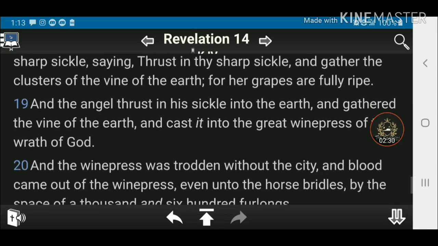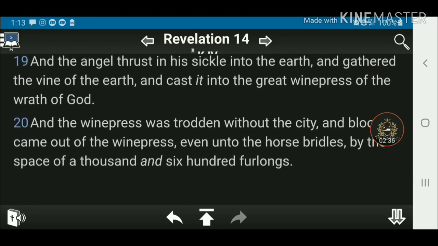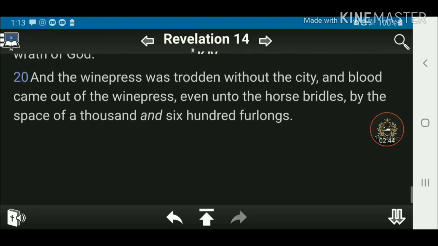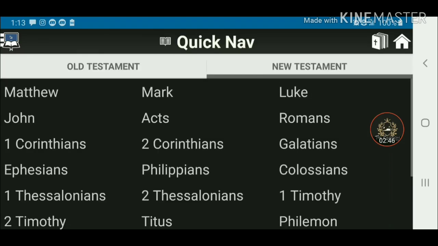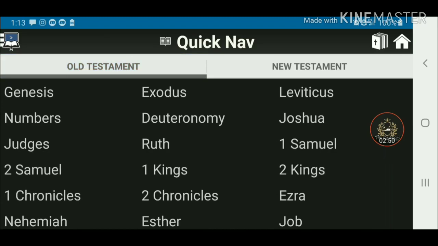And the angel thrust in his sickle into the earth, and gathered the vine of the earth, and cast it into the great winepress of the wrath of God. And the winepress was trodden without the city, right? Where do we get that from? Let's go get the precept. Y'all know where I'm going. In the book of Isaiah,